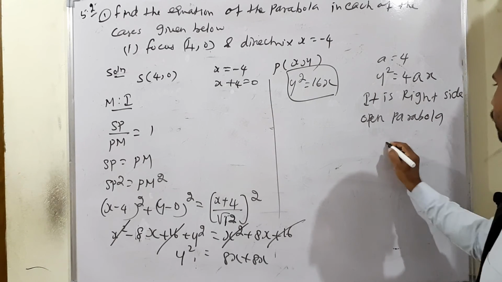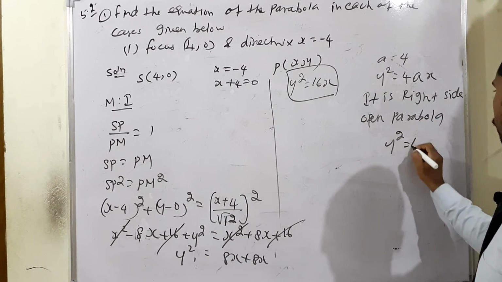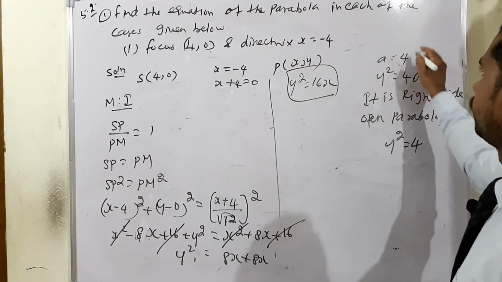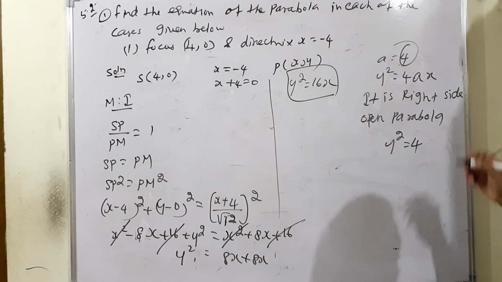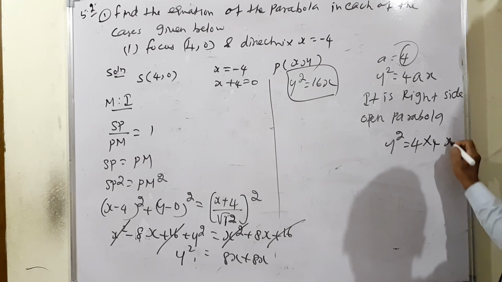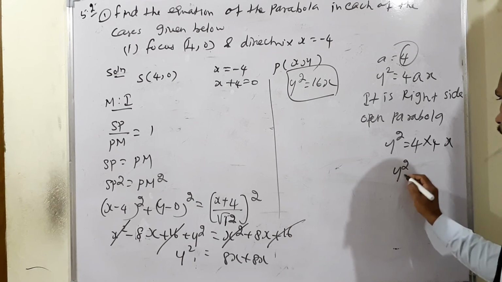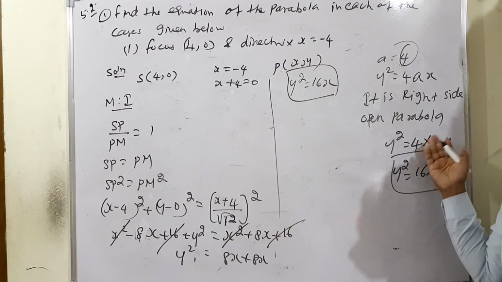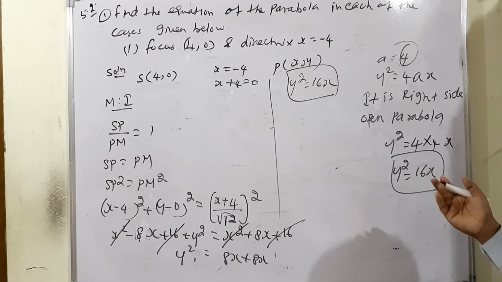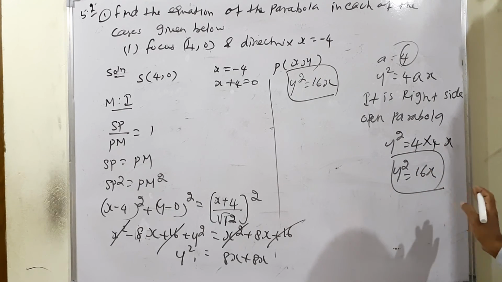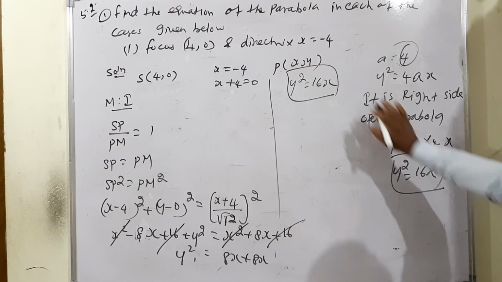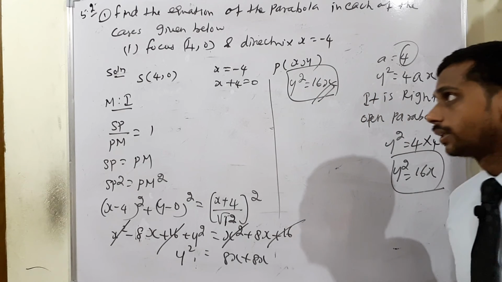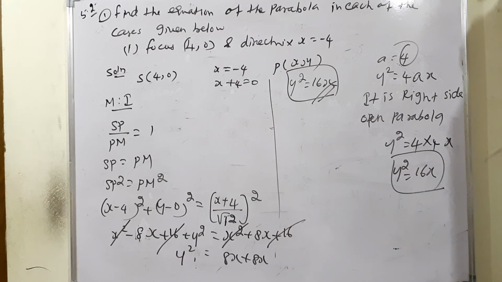So therefore we can write y square is equal to 4 into a value, already we know. What is the value? A is equal to 4, isn't it? So a is equal to 4 means 4 into 4 into x. Therefore y square is equal to 16x. This is the simple method. You can apply method 2 also. You will get full marks. Whether two marks, you will get it full. So full marks. Y square is equal to 16x. Here also y square is equal to 16x. I am moving to subdivision 2.